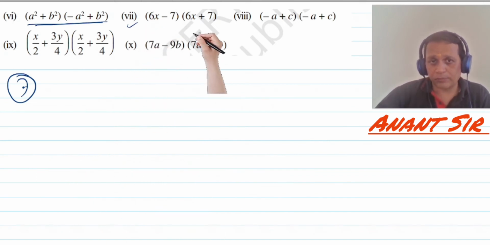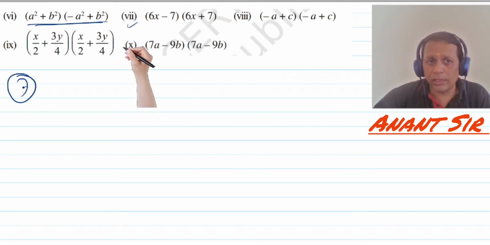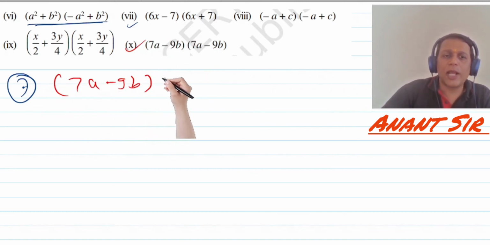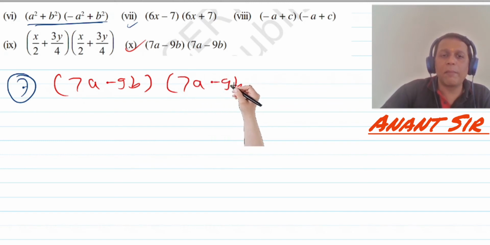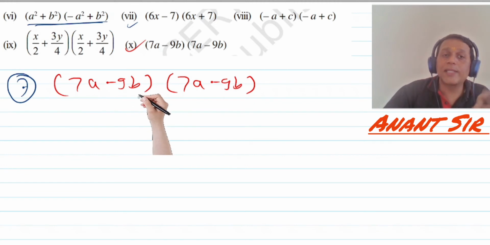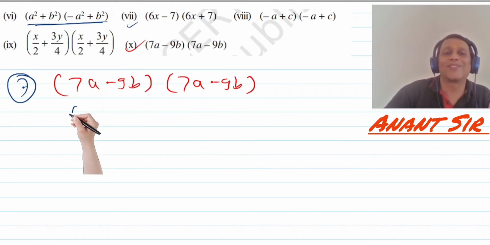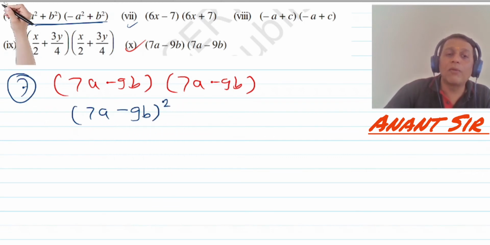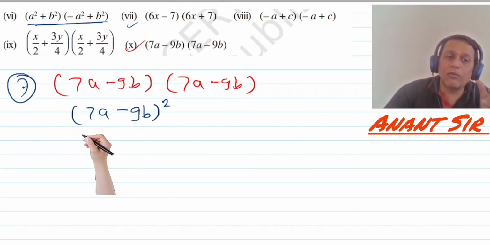Now again I am going to solve question number 10 first. Okay, so (7a minus 9b) into (7a minus 9b). Now all the terms are same, sign is also same. So you will have to write it as (7a minus 9b) whole square. So now as it is a whole square,